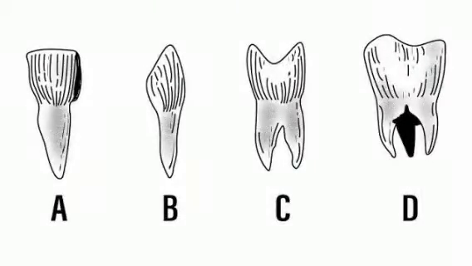Okay, my dear students, so here is the image, and now you can see that there are 4 images labeled as A, B, C and D. So what you have to do now is identify each one. Does anybody know what is the image shown in A? Yes, the answer is very right. It is the image of incisor type of teeth.